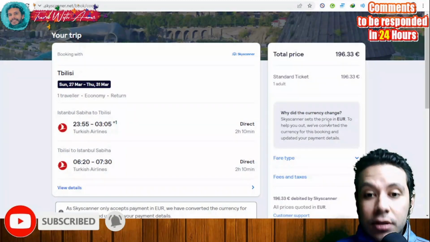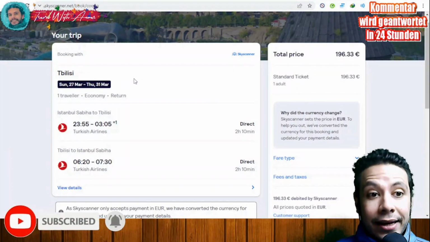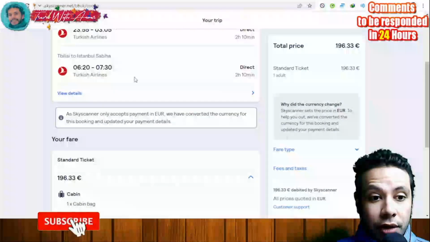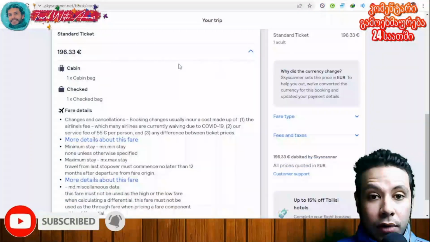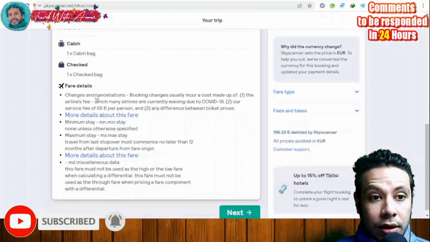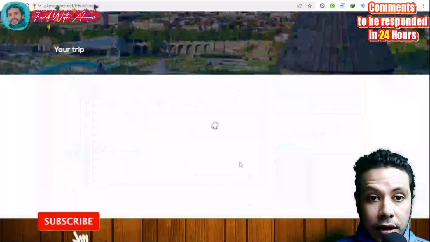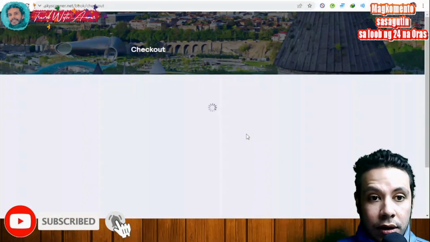Why? Because they set their prices here in euro in Skyscanner. So now you can see the details. Okay, you have one cabin bag, you have one checked bag. Now let's click next and see more about the